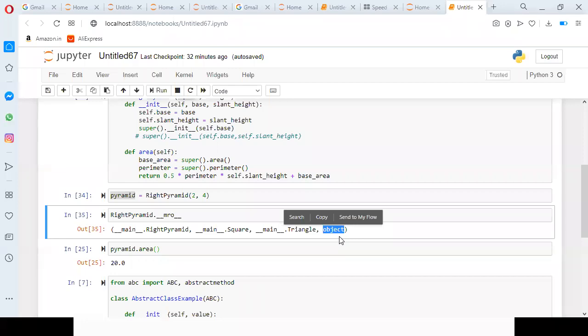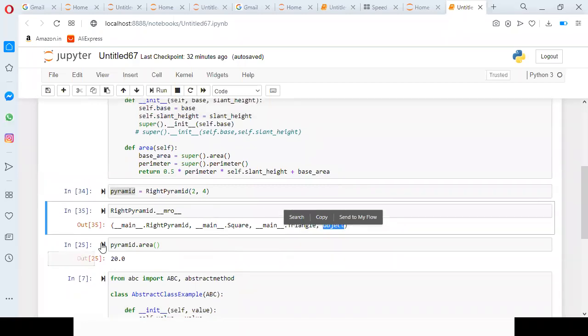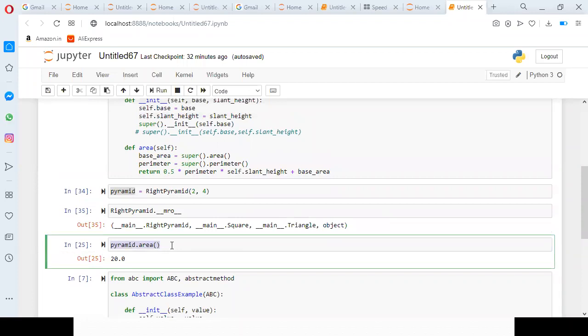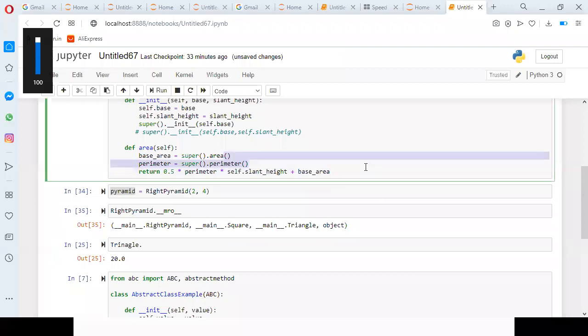So for example, individually, if you want to work with rectangle, we will check it here. For example, triangle dot MRO. Now you are getting voice clearly.